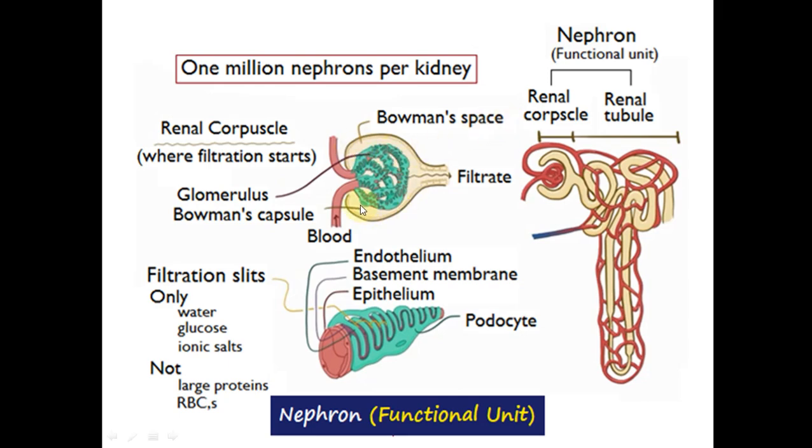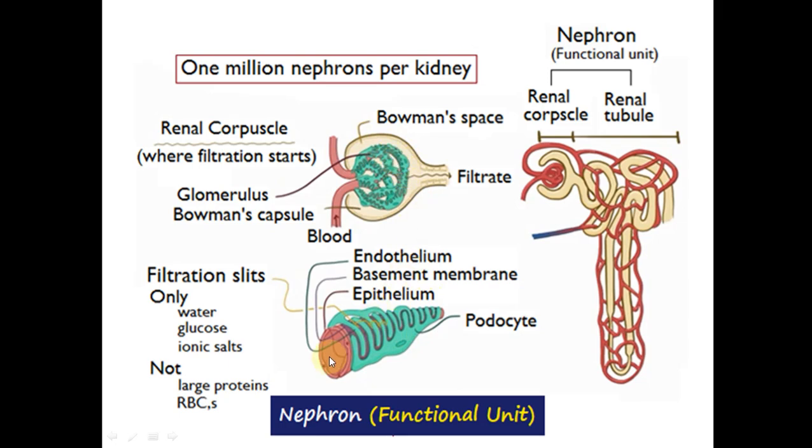This upper region and this capsule which surrounds the glomerulus is known as the Bowman's capsule or Bowman's space. The nephron, which is the functional unit, consists of the renal corpuscle and the tubular system. And in the renal glomerulus, the capillary endothelium of the glomeruli is separated from the visceral epithelial cells, which are specialized cells known as podocytes having foot processes,